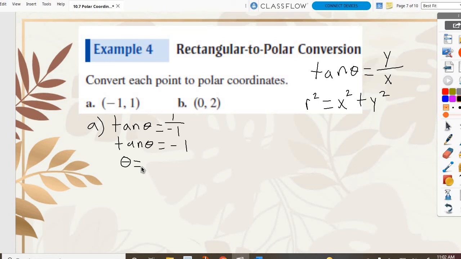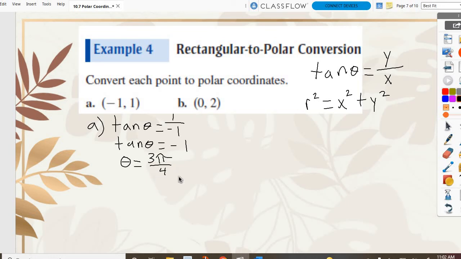It should be an angle. Oh, negative 135 degrees. No, it needs to be in radians. So where does tangent equal 1? Pi over 4, right? So we're looking for the reference angle that has pi over 4 in our second or fourth quadrant. 3 pi over 4, or